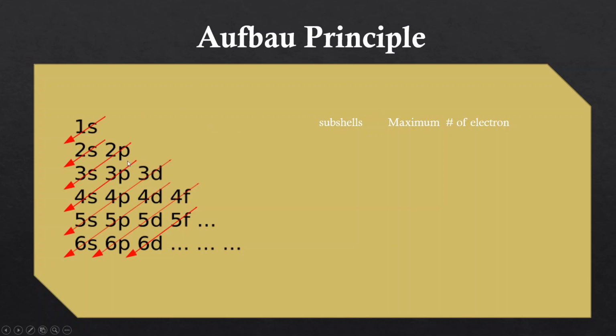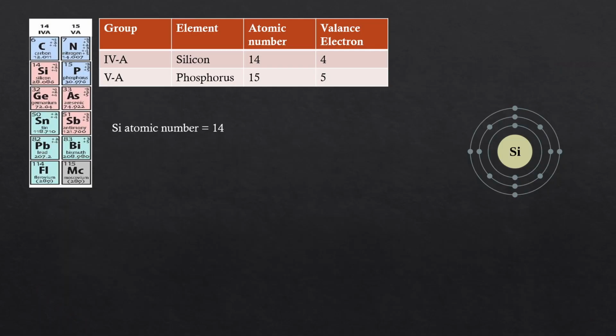These are actually the subshells S, P, D, F. In the S subshell, there is a maximum of 2 electrons. In P, 6 electrons, D 10, and F 14. So if we are talking about the S subshell, only 2 electrons go in it. If you are talking about the P subshell, we can only fill 6 electrons. Similarly, D and F.